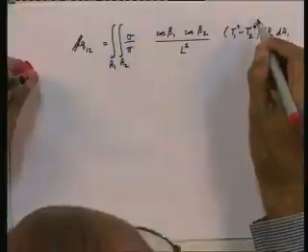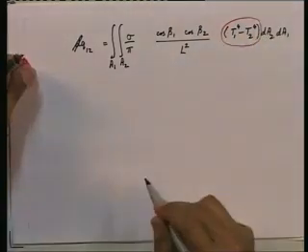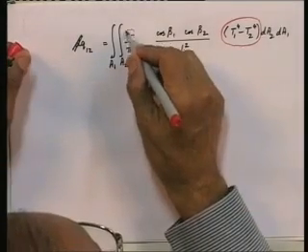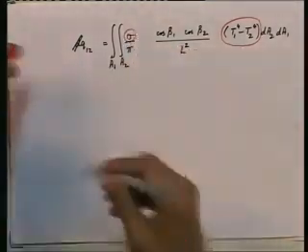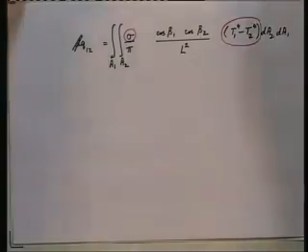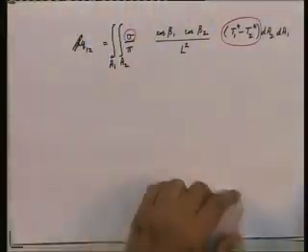Now, T1 is a constant, T2 is a constant. So, T1 to the power of 4 minus T2 to the power of 4 is a constant. I can take it outside the integral. Let me also take sigma outside the integral. All right. So, if I take both these outside the integral, which is permissible, then I will end up with the expression and let me show that. I will get,